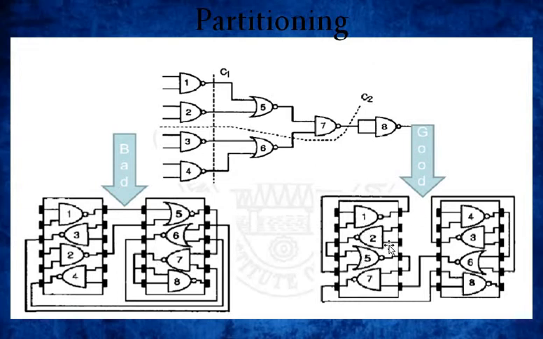So here the proper interconnection, or proper partitioning, has been done. The first and second NAND gates are given, whose outputs go to one of the input terminals of your NOR gate, which we have given as the 5th NOR gate.